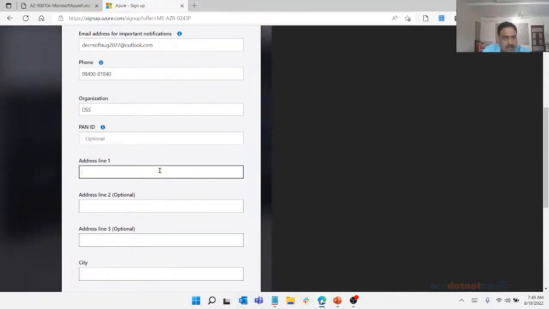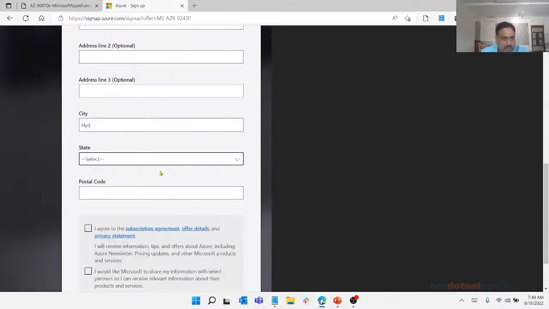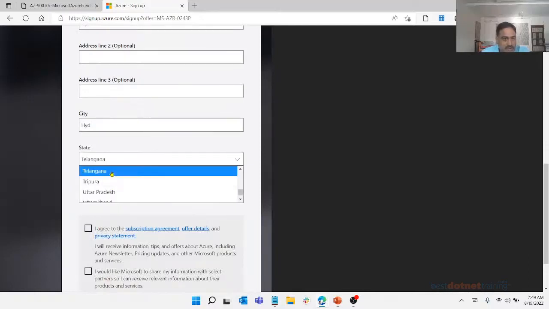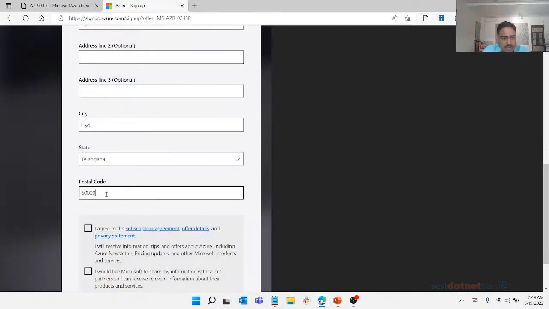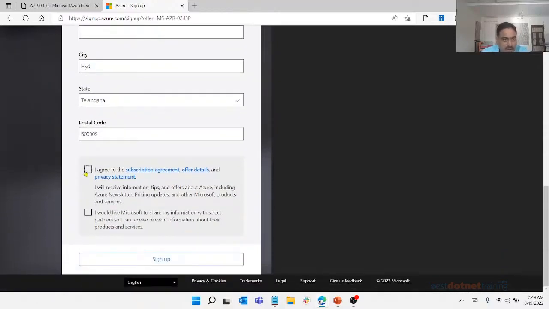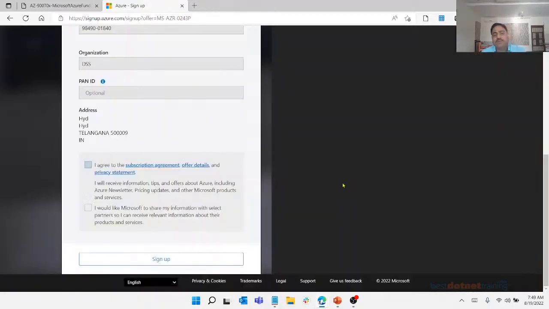Line 1 is mandatory. Select the state, postal code, agree to the agreement, and that's it.